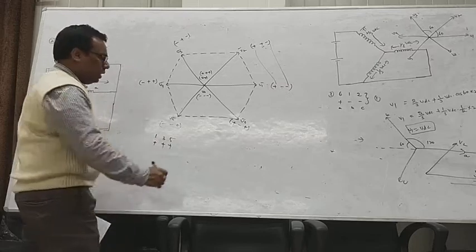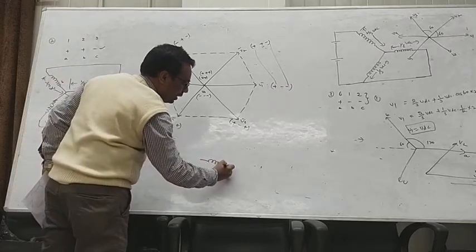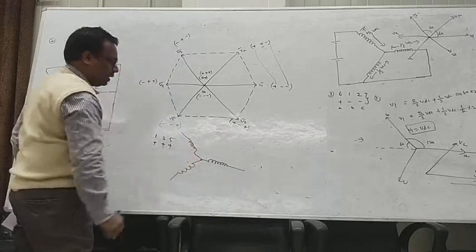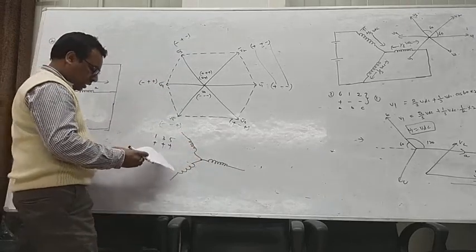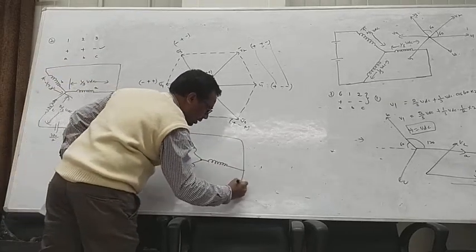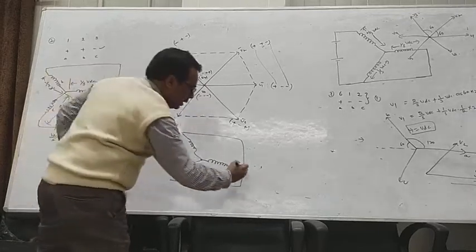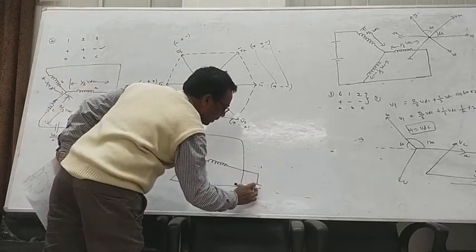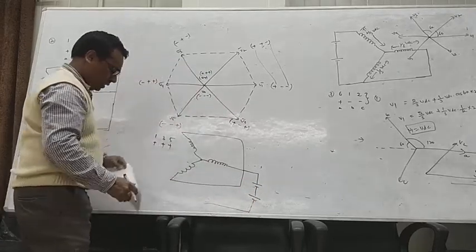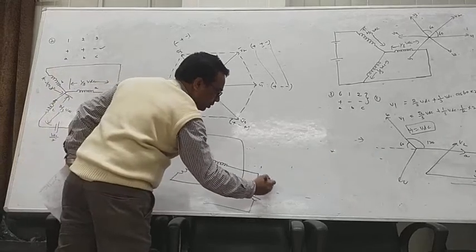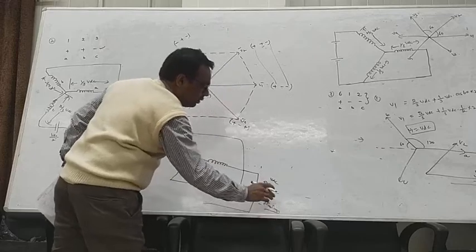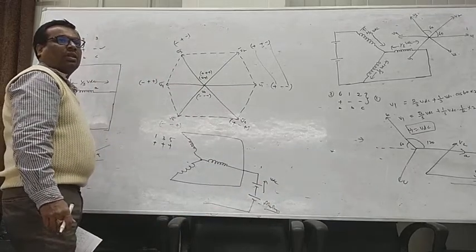All switches are on. If you join this like phase A, phase B and phase C, all switches are turned on. It means that all these switches are short circuited, and this is connected to positive. The negative is floating, not connected. So this positive is VDC and negative is floating. It is not connected to anything.